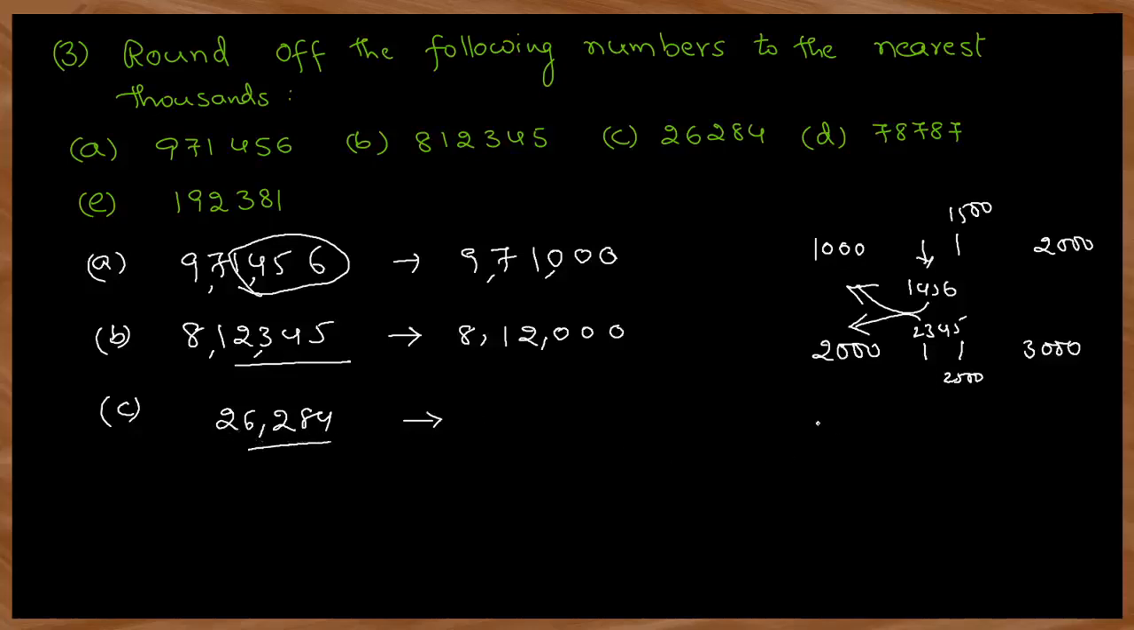Next, if you take thousands here, what is the problem here? 6,284 means we have to take in between 6,000 to 7,000. What will be the middle number? 6,500. And where does this lie? 6,000 to 6,500 it lies, 6,284, which is nearer to the 6,000. There is no problem here. Now we can write this as 26,000. So 26,000 is the nearest thousand of 26,284. So next,